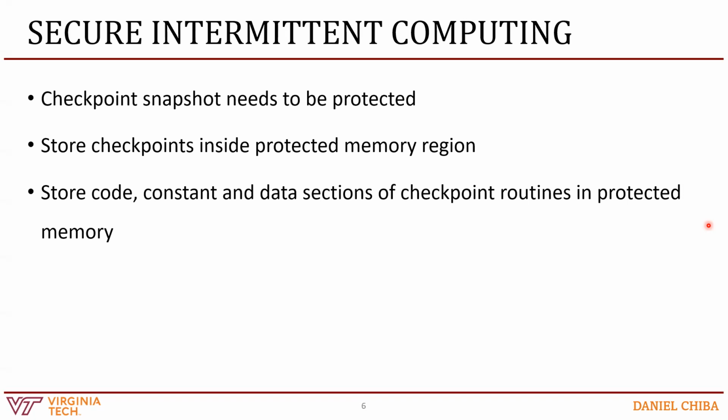So how does this apply to the nuances of intermittent computing itself? Any snapshot that you create during the checkpointing process needs to be protected. That checkpoint, that snapshot, contains all of your registers and your volatile memory state, and all of that is stored into non-volatile memory. So if you store these checkpoints within a protected memory region, as described in the previous slide, then you've essentially protected your